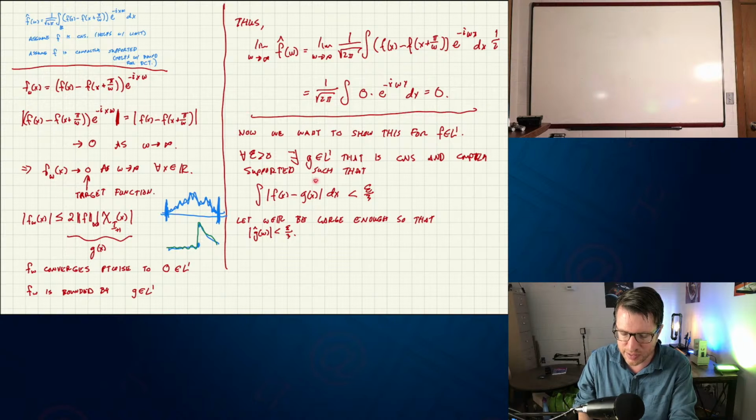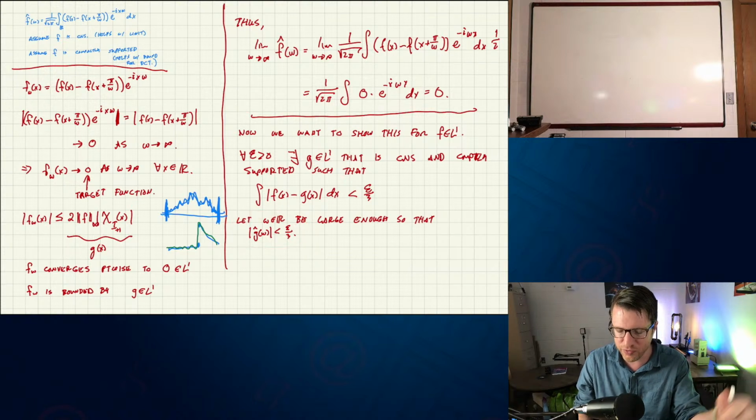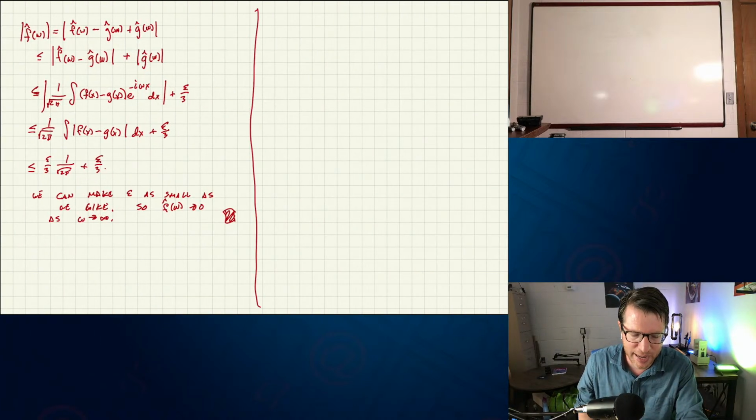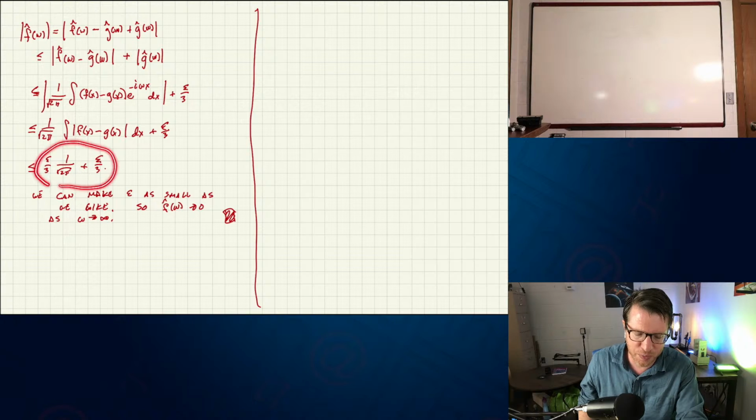And then we can choose this g that is a compactly supported, continuous function, and we've already established that this Fourier transform has to go to 0 as we go to infinity, so there has to be some omega where this works. So using that omega, we look at this term here, and what we want to show is that this can also be underneath epsilon, or at least some constant multiple times epsilon, and that'll be sufficient.